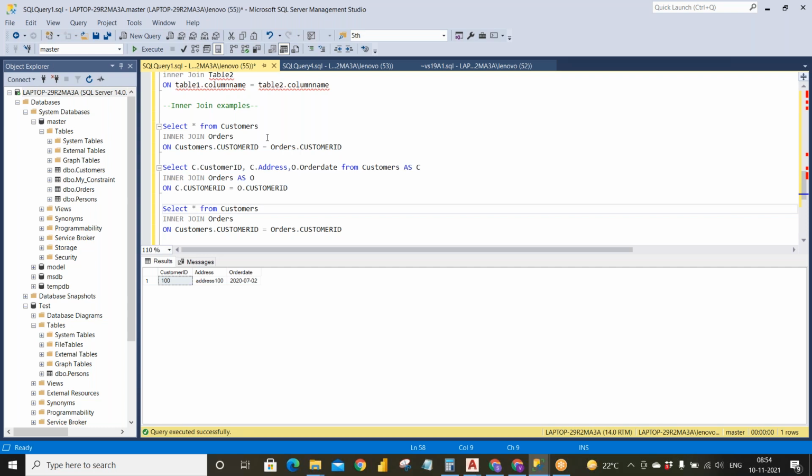But I want to get the whole data from the customers table, but only one particular column or two particular columns from the orders table. You can also specify that very easily.